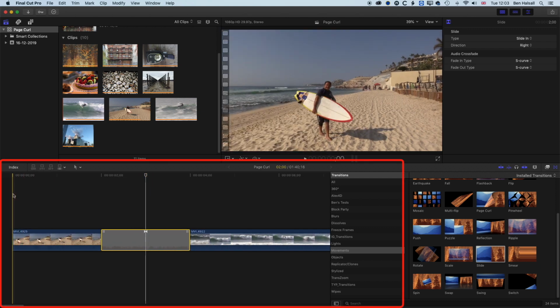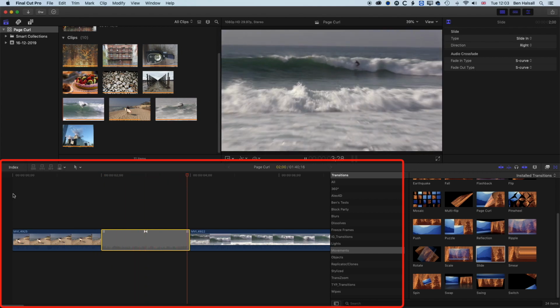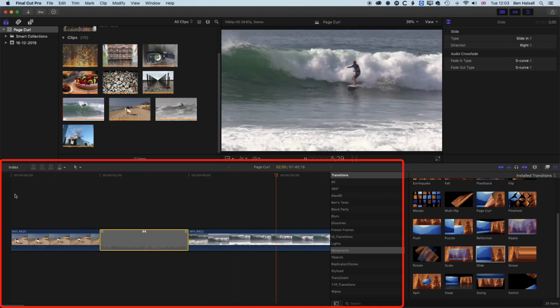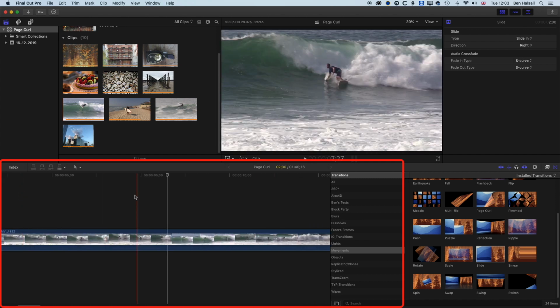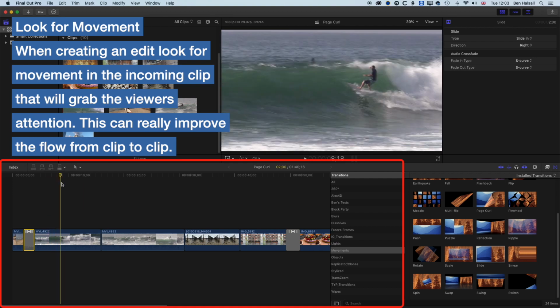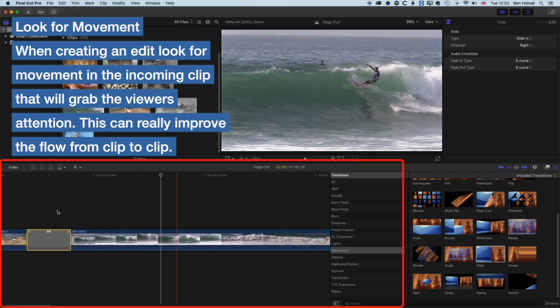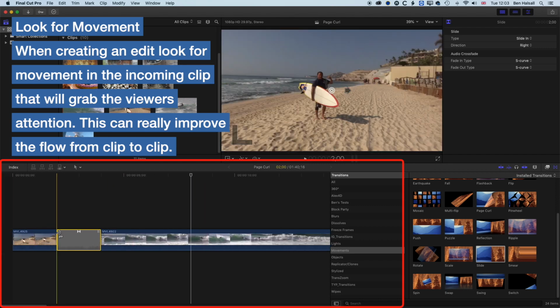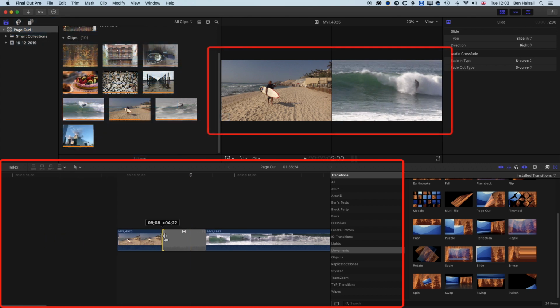So you can see here we've got our transition sliding on, and actually I want to change the way this works. I want to actually have the transition happen when this guy's moving up the wave here, so it's a bit more of a dynamic movement. So if I zoom in here, and I'm just using Command and Plus again to zoom in, I can shorten that clip so that when we come into this second clip, you can see in my viewer up here,